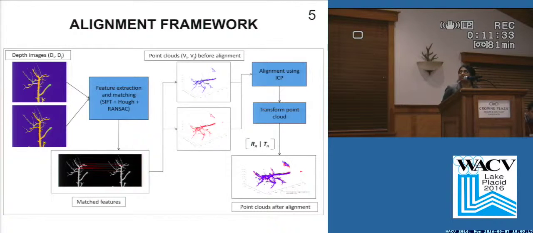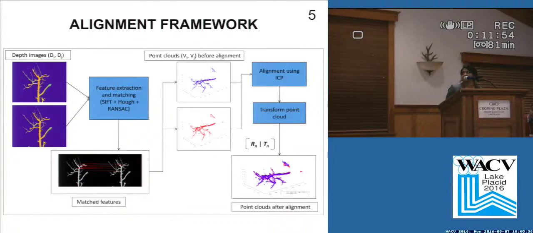The second and final part is the alignment framework. What we basically do is find the semicircle fitted model of all the depth images that we have as input. We convert them to their 3D point cloud pairs, align them, and finally merge all this data together to get the final 3D reconstruction using the incremental and the global merging approaches.